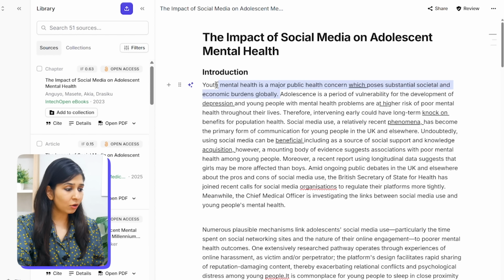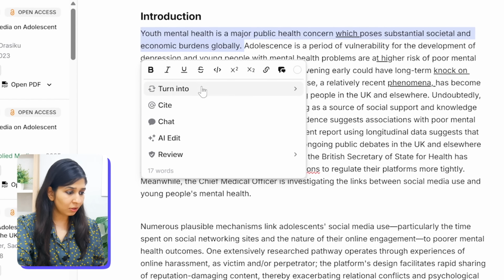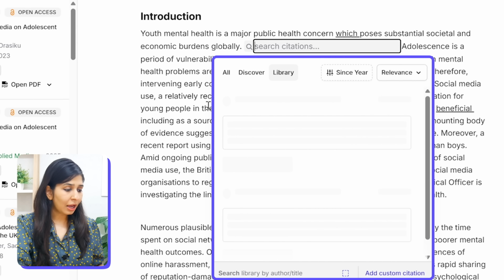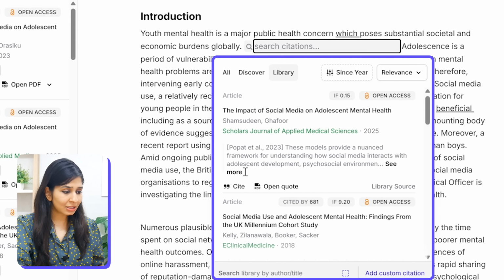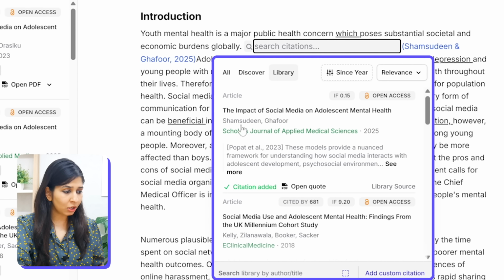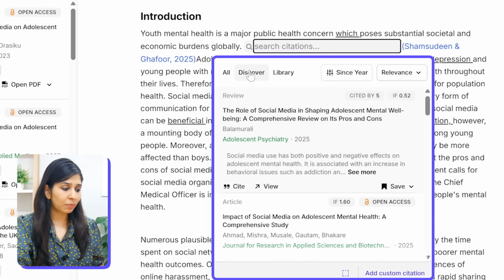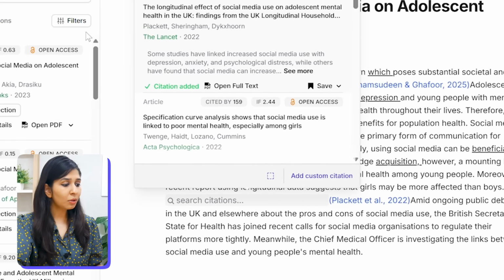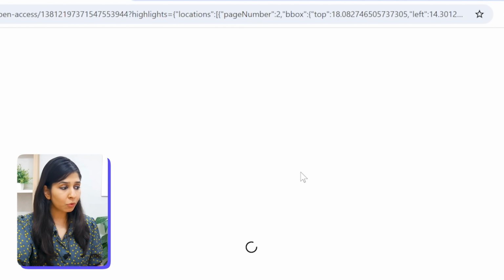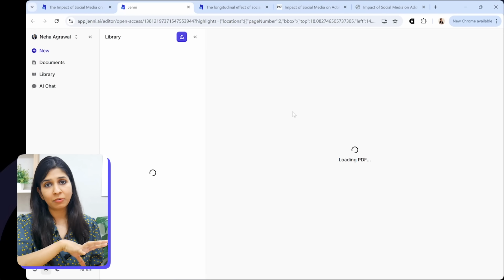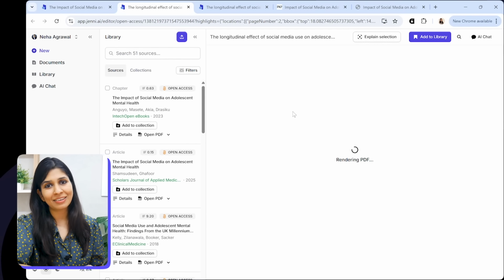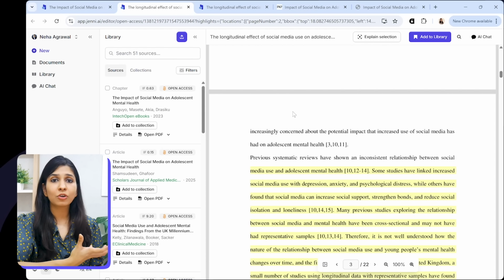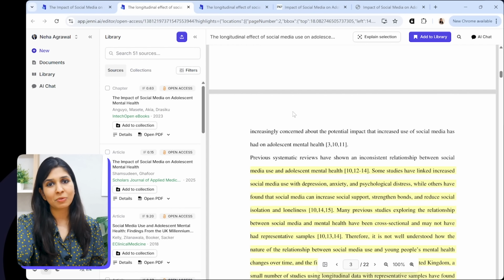And now to cite, all I need to do is select the statement, click on cite, and now I have an option where I can cite paper directly from my library, or I can discover papers online as well. Now the best part is that you can click on open full text to read the paper first before you actually cite it. Again, giving you more control about how you write your information.